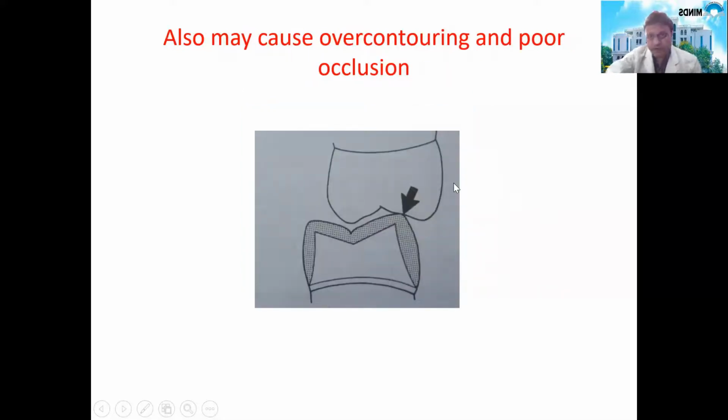If you have not provided a functional cusp, and if the technician tries to build up that area, that will also lead to faulty occlusion, because you can see the crown is over contoured there, and in this area there is lack of contact. So this is also not possible, because if you fabricate a crown like this, this is going to hurt the temporomandibular joint, because this is an interference, a premature contact onto